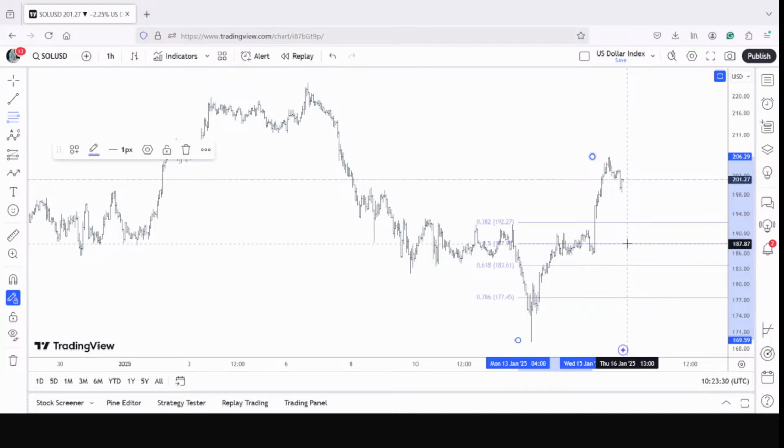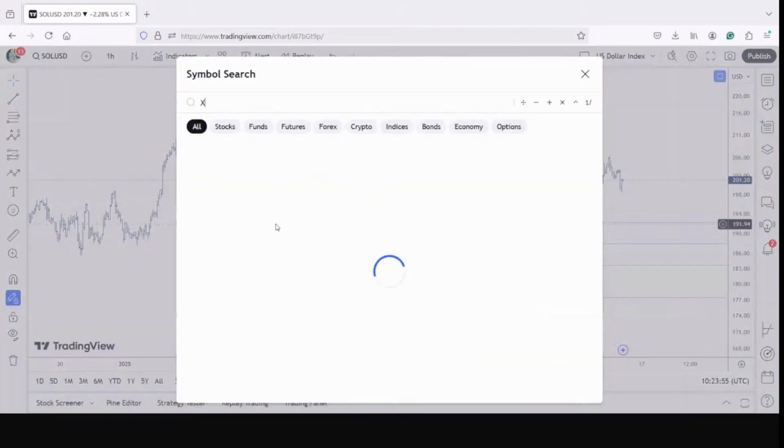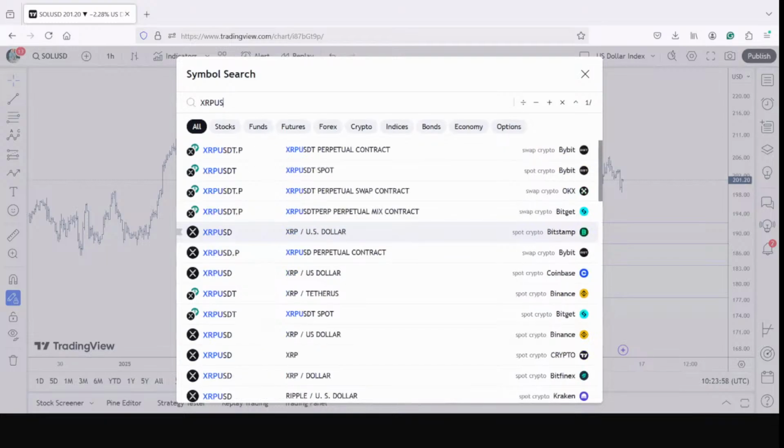187 should be ideal because it's previous wave 4 of one lesser degree, just in line with the Ethereum. Somewhere around 187, if you go on the long side, with a stop around 169 and targeting around 280, 300. That should be an ideal trade setup now. All right. 187 for Solana.